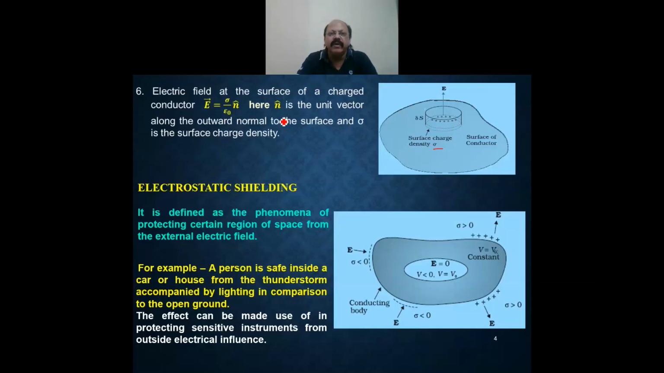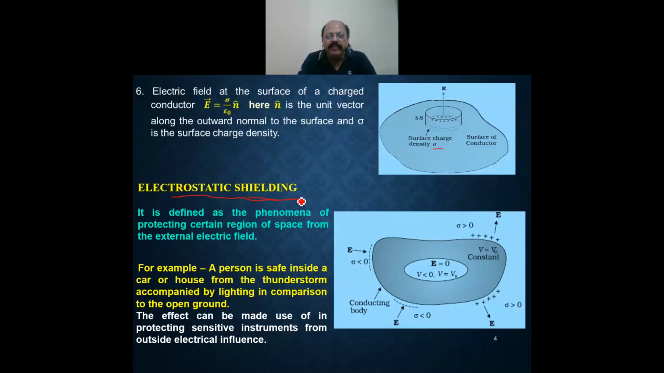Then you will get this formula, E vector equals sigma upon epsilon naught n cap. Now come to electrostatic shielding. As its name indicates, shielding is the phenomenon of protecting a certain region of space from the external electric field. For example, if a person is inside a car or house,